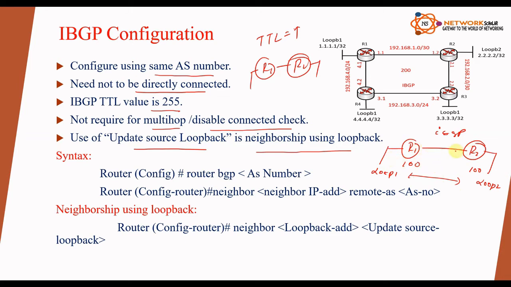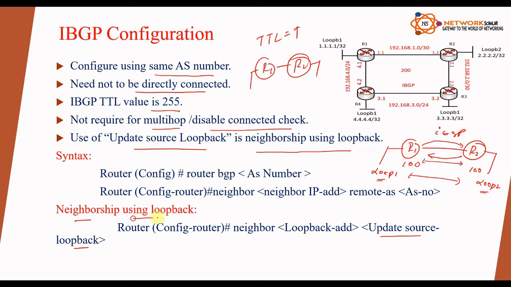In terms of the directly connected link, the traffic is always initiated from the nearest neighbor. It means if you are configuring the neighborship between R1 and R2, and since they are directly connected, the packet will always initiate from the physical interface, R1 and R2 respectively. If you are using the loopback, then by default the packet will still initiate from the physical interface, but you have to specify where the packet is initiating from. So in this case, you have to use the update-source loopback command.